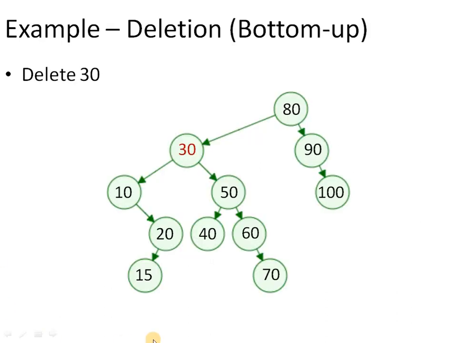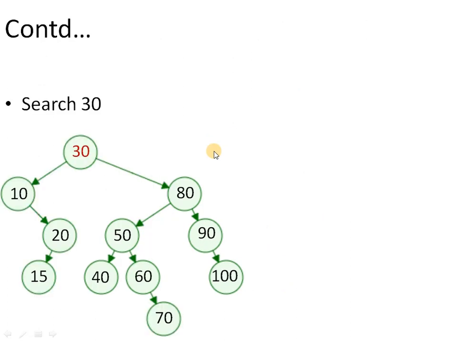So let's say here we wish to perform a deletion operation and we have to delete the node 30. The first step is to search for the node 30. Since 30 is found, the moment it is found, we have to perform a single zig rotation in order to make 30 the root of the tree. So we have searched for 30. Next, we have to delete the root since the search is successful. If the search is unsuccessful, after this step, we have to stop. Here we have found 30, so now we will delete the root.